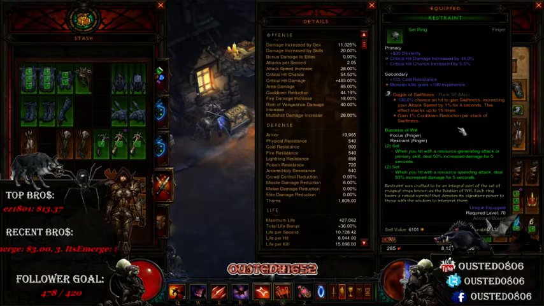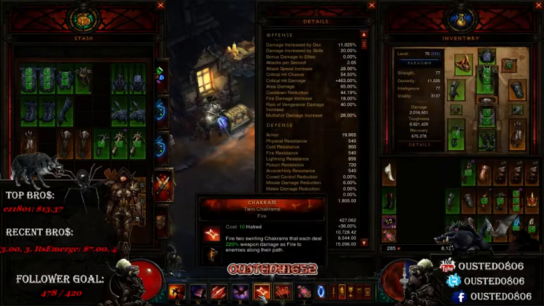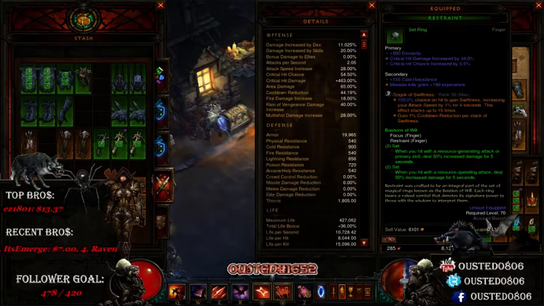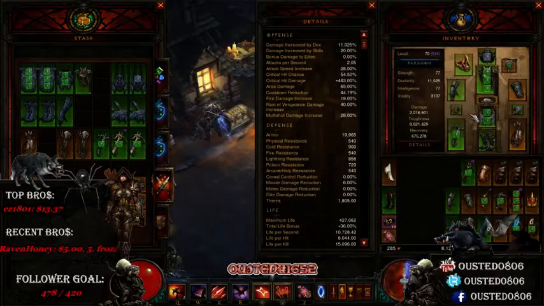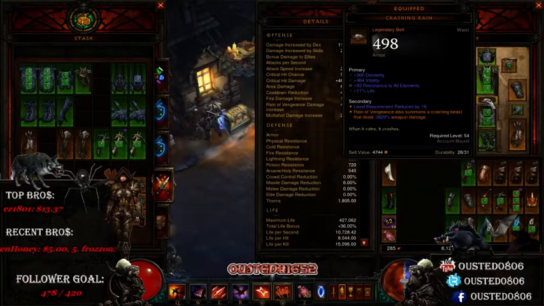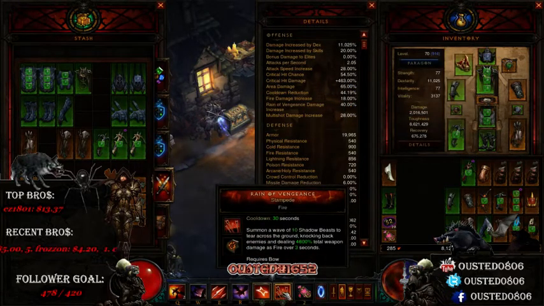Gogok stacks. And now that's another reason we use Chakram, because it hits so many targets. Chakram and multi-shot both hit so many targets that it stacks up your Gogok pretty much instantly. You shoot a couple of Chakrams and maybe a multi-shot, and boom, you're at 15 stacks instantly. That's when you want to try to fire your Rain of Vengeance and get your crashing, get your 3, 4, 5, maybe up to 9 billion crit with this, and all the added damage you're getting also from Rain of